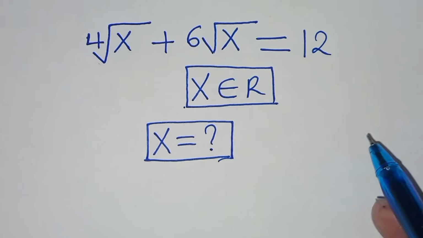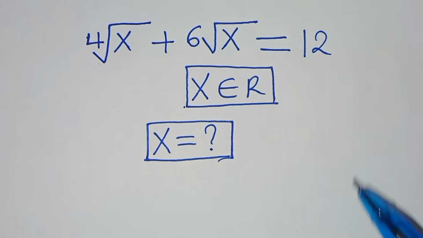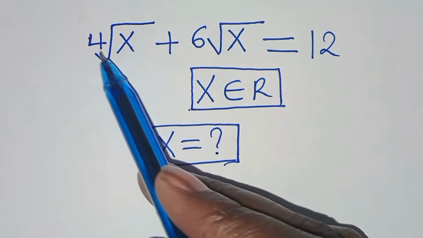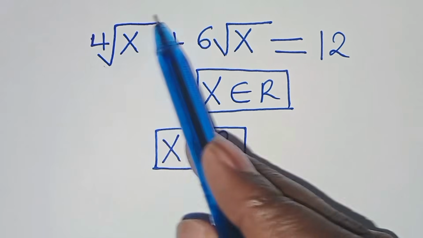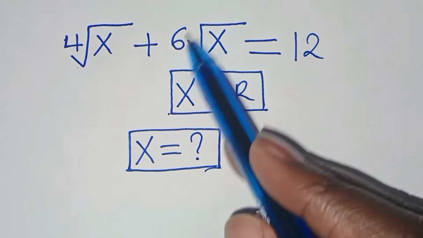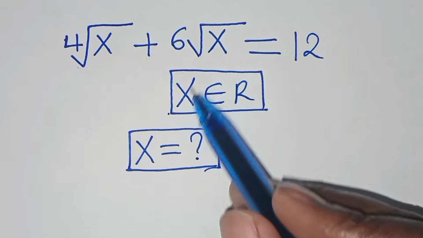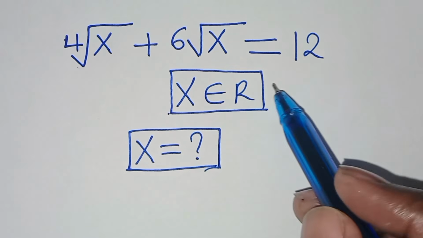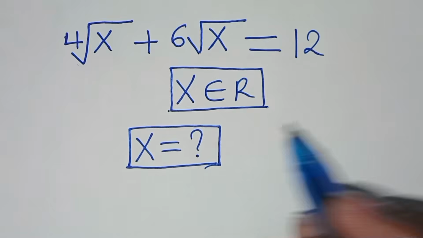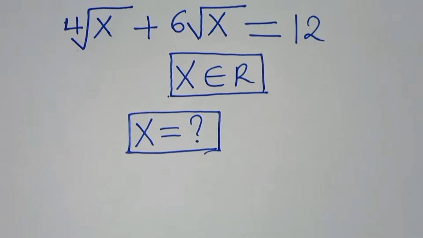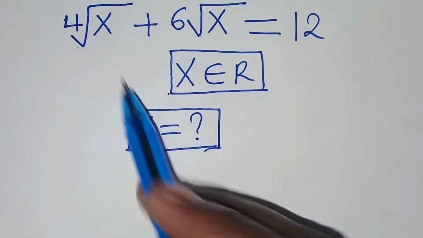Hello everyone, you're welcome to solve this nice algebra problem, which is the fourth root of x plus the sixth root of x. This is equal to 12. And given that x is a member of real numbers, so what is the value of x? Now, the first thing to do here,